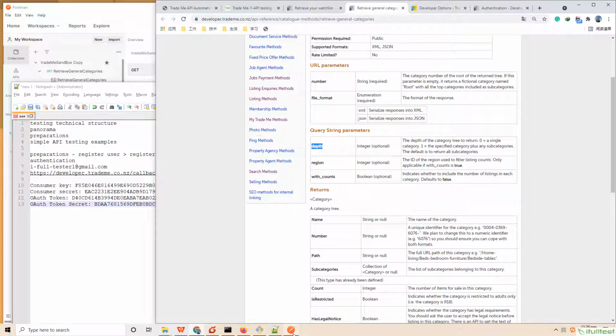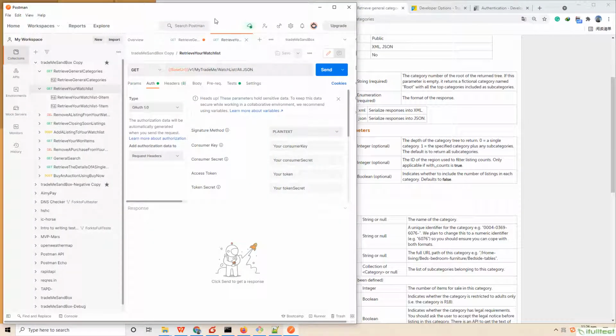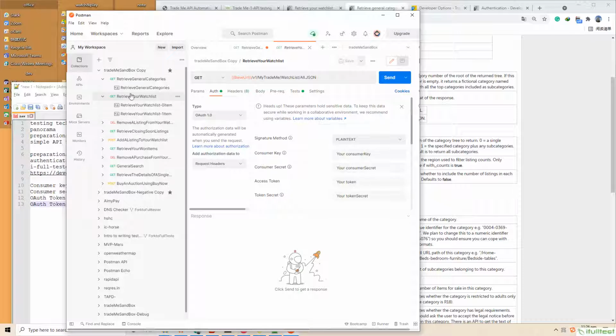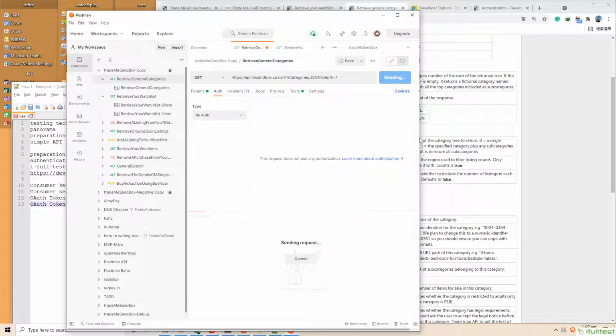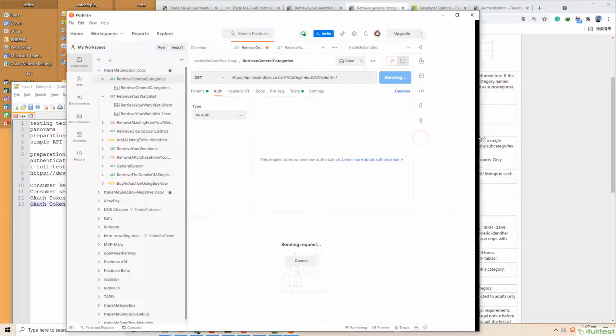Let's move to the Postman. I have already filled in the request related info. We can see we don't give any authentication info. We give a first test to send a request, see whether we can get the right response.